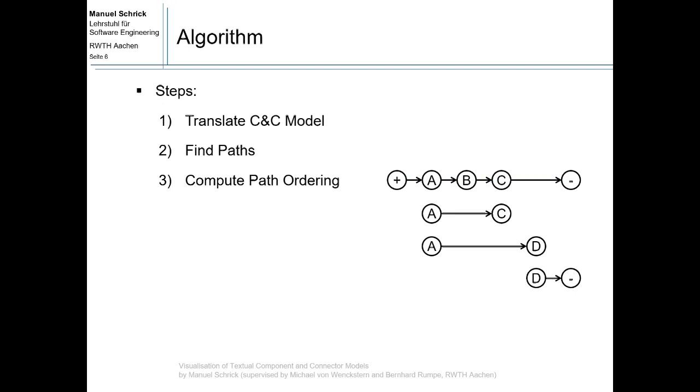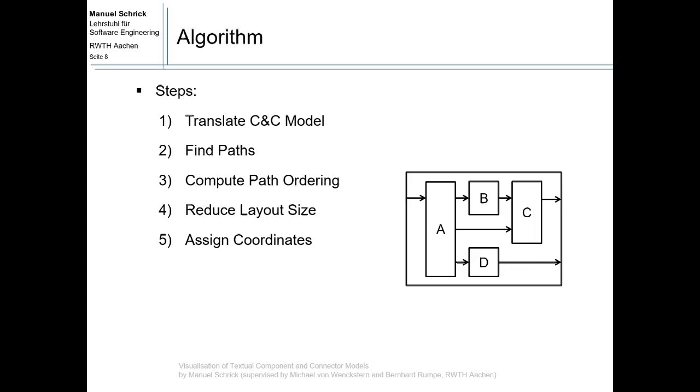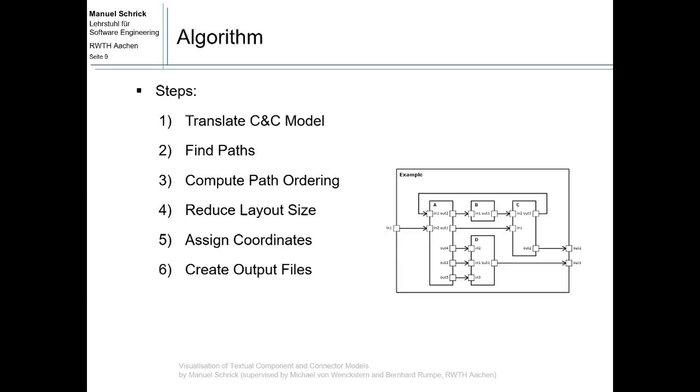layout. After that we can compress the whole table a little bit, and then we are basically ready to assign the coordinates to the components and the connectors and generate the final output files. At last I want to talk a little bit about temporary nodes. These are nodes that really do not exist in the model itself, but we add them to create vertical lines